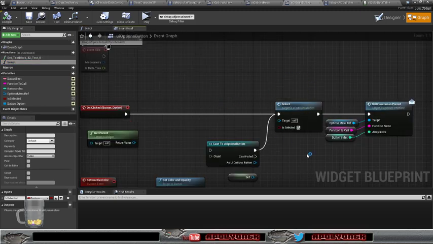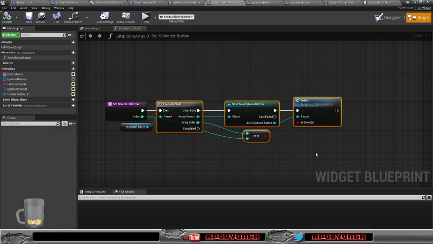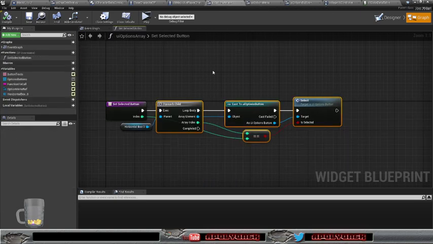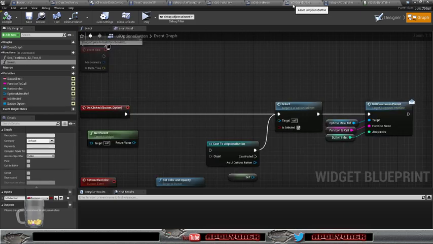Okay, if you click that, yeah, let's copy this. Oh wait, set selected button. So get parent